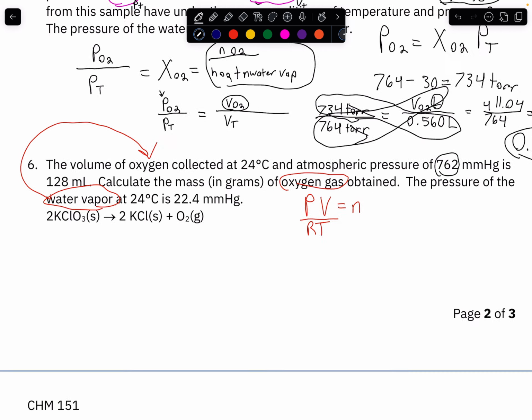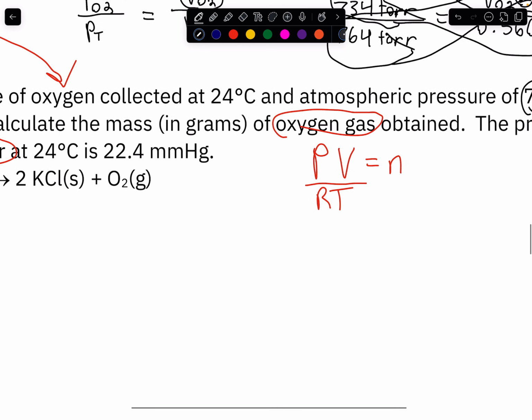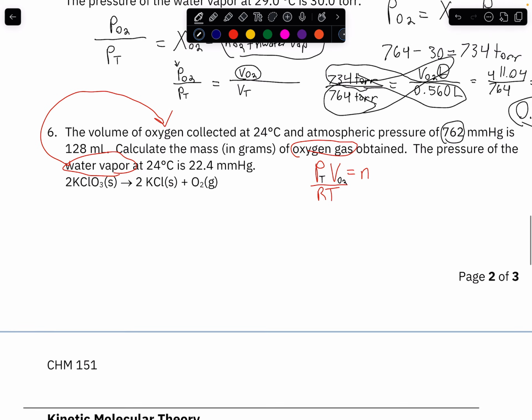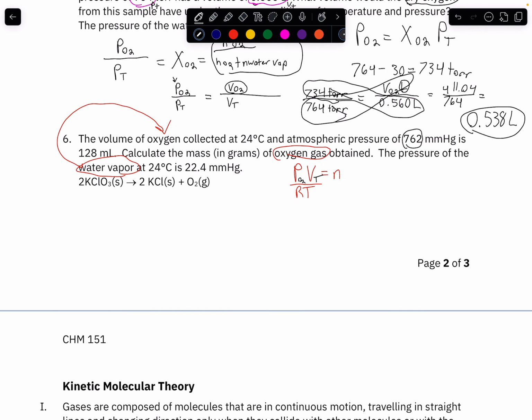When it comes to the ideal gas law, we can do one of two things. We can calculate the total pressure over the partial volume, or we can do vice versa, where we do the partial pressure over the total volume. Me personally, what I would do is find our partial pressure and use that with our total volume. So I would do our partial pressure, which is technically